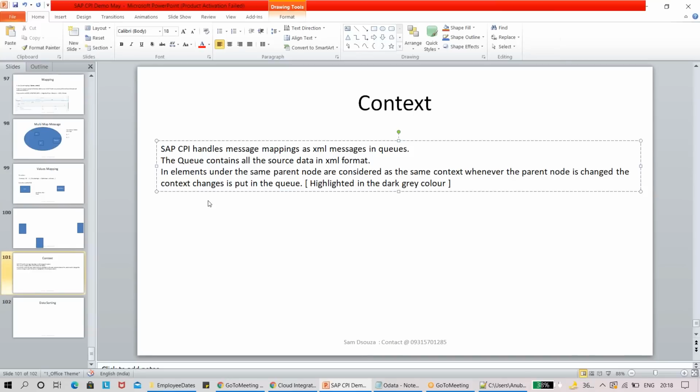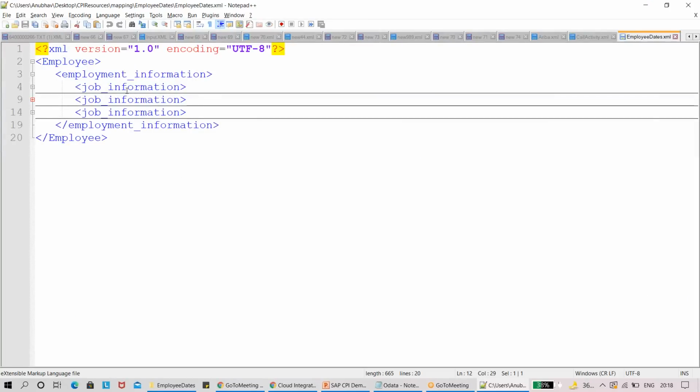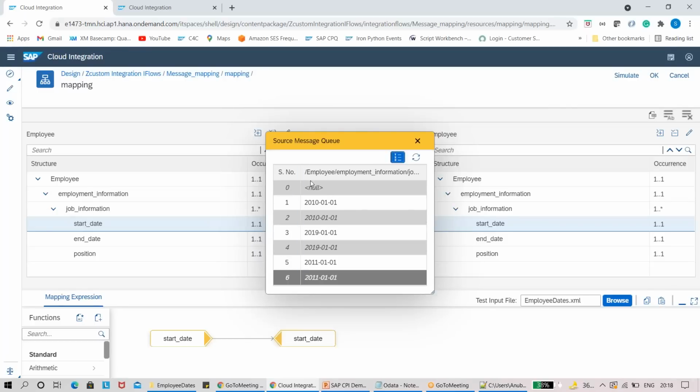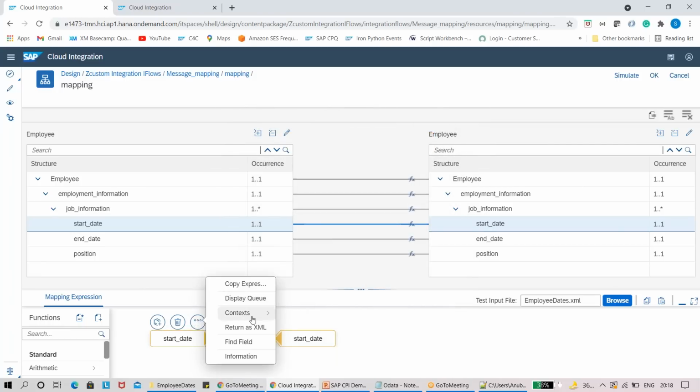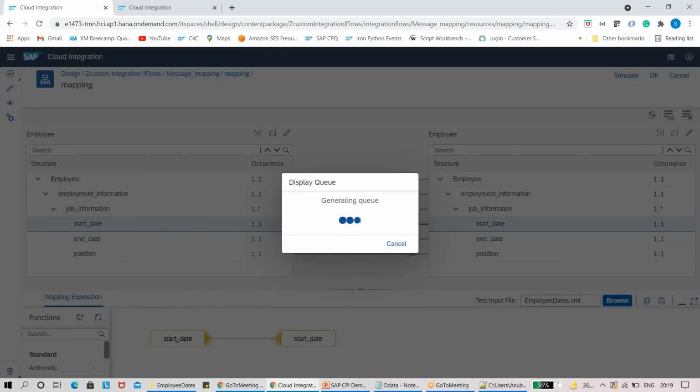Okay, so now here, as my record changes, or a new parent node of job information gets added, this is how you get your context change, or where the value changes. So this is about my display queue context. If we look at the structure, we have employee information and we have job information. It will show you all the different kinds of context. In case I click on the employee, this is my employee information as such. If I click on the display queue,